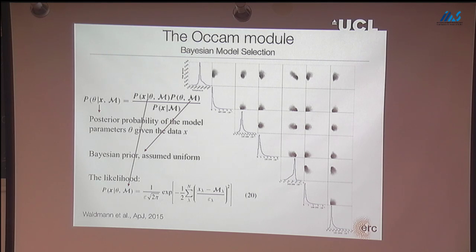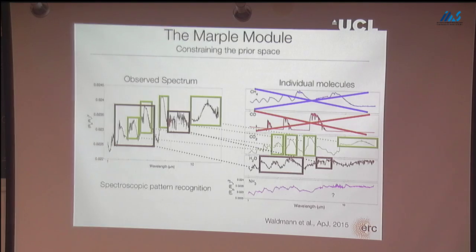The global spectrum is supposed to be a linear combination of spectra of individual molecules. Yes, correct. So basically what the direct model does is, you constrain the number of molecular species that you want to look at. You constrain more or less the temperature environment. And then basically you use some Bayesian